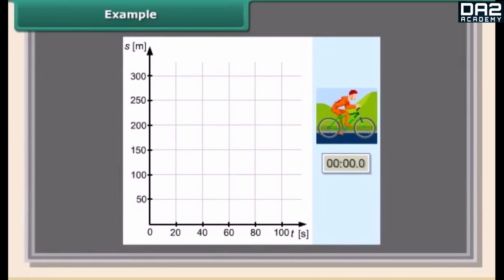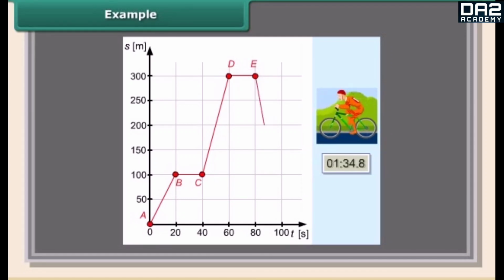This is the location-time graph for a cyclist. While plotting the graph, the short moments of time where the cyclist changed his speed were neglected. From the graph, we can determine the location of the cyclist at a given moment, the type of motion with which he was traveling along particular segments, his speed, the distance he covered, and even